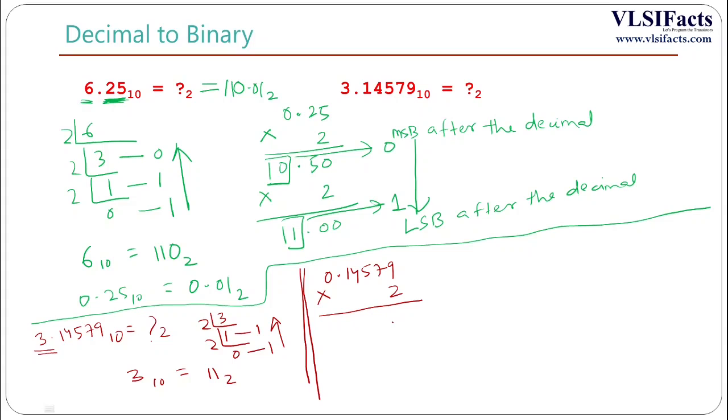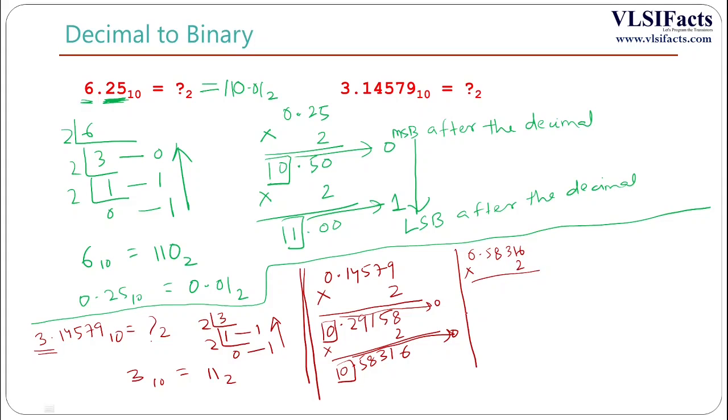So this will be 0.29158. Collect this 0. Again multiply this with 2, this will be 0.58316. Collect this number 0. Multiply this with 2, this will be 1.16632. Collect this one. Now since this one is collected, now we will multiply 2 with